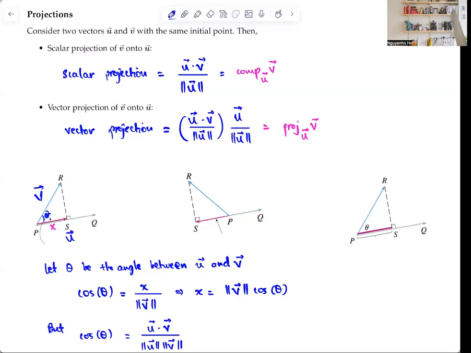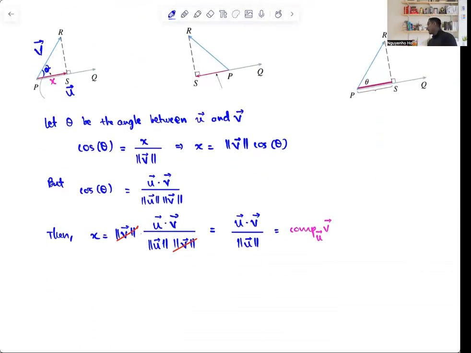Okay. So we derived the formula for this scalar projection last time using the information about the angle between the 2 vectors, as well as the formula of the dot product. So this is what we derived last time, and that is the scalar projection. The vector projection has the same direction as the vector u, right? So therefore,